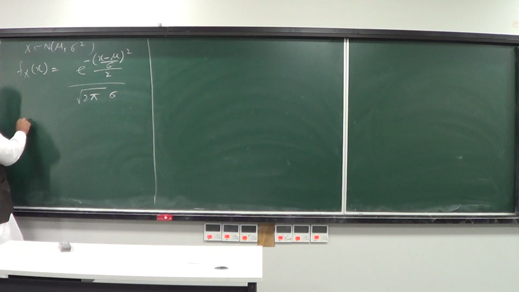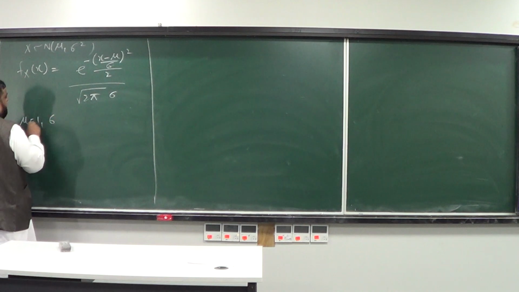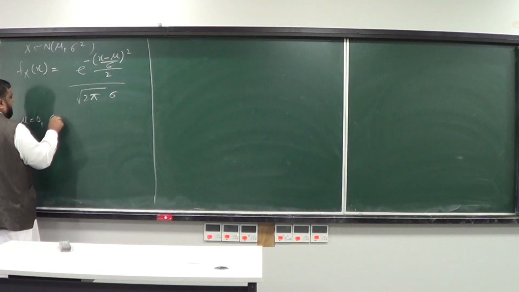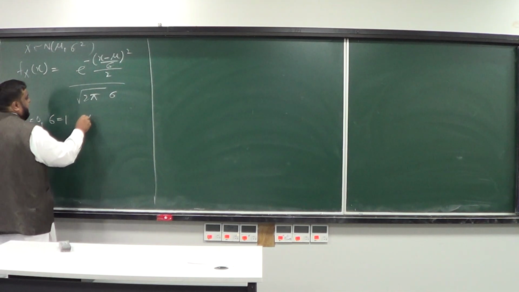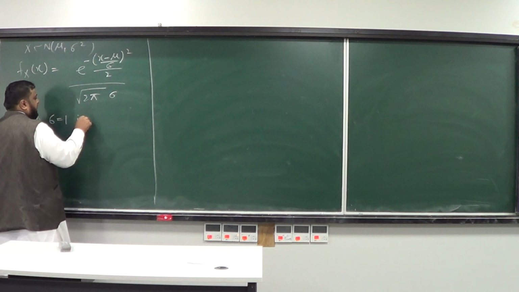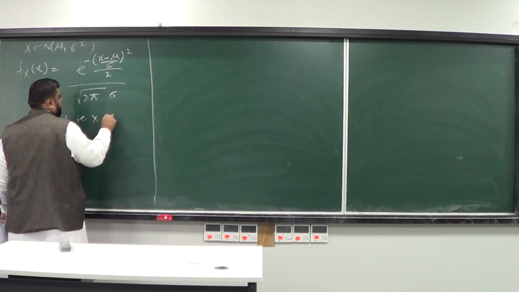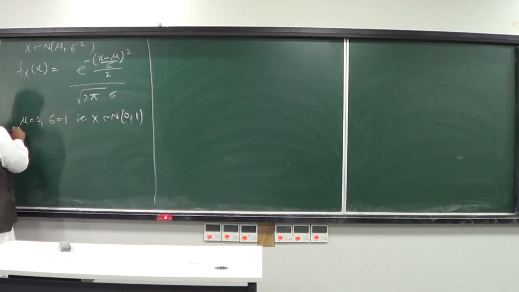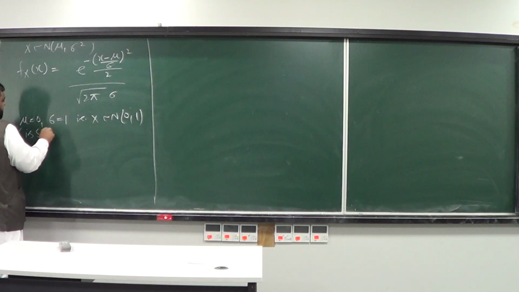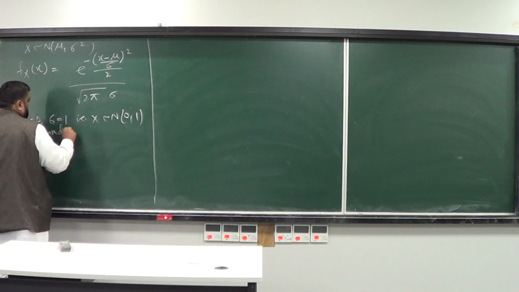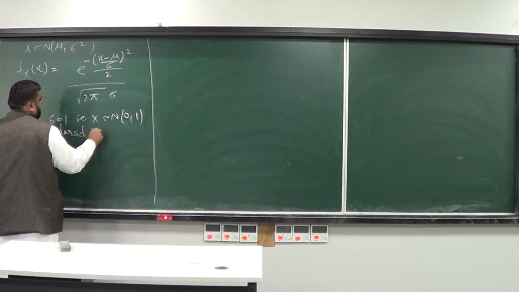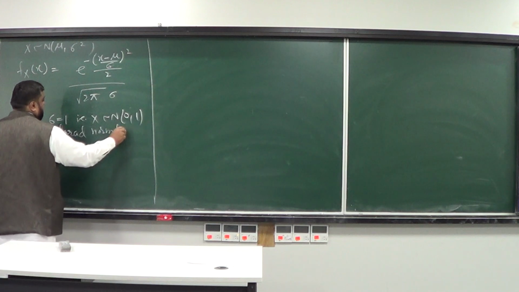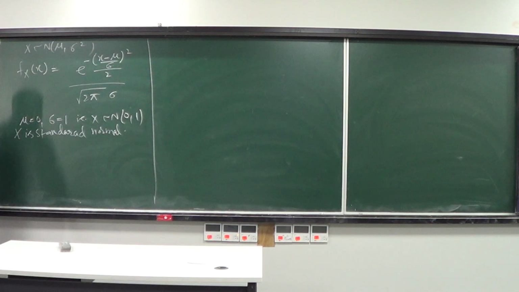In particular, if mu is 0 and sigma is 1, that is, if x is normally distributed with mean 0 and variance 1, then x is called standard normal. So this is what we also discussed, that it's called a standard normal. And then we talked about